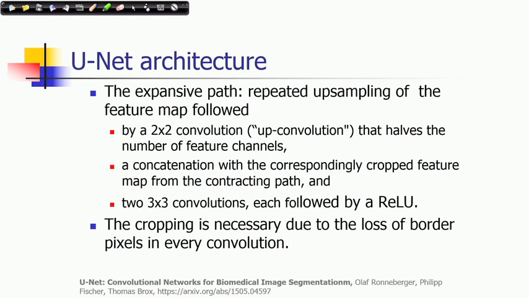In the expansive path we are using the upsampled features and also the features computed in the contractive path, and those are concatenated. So half of them come from there, and then you pass them to the next stage. It has two 3x3 convolutions after upsampling, and it goes through the stages. Finally, the size of the output image becomes the same as the size of the input, and you require cropping to keep this size constraint.